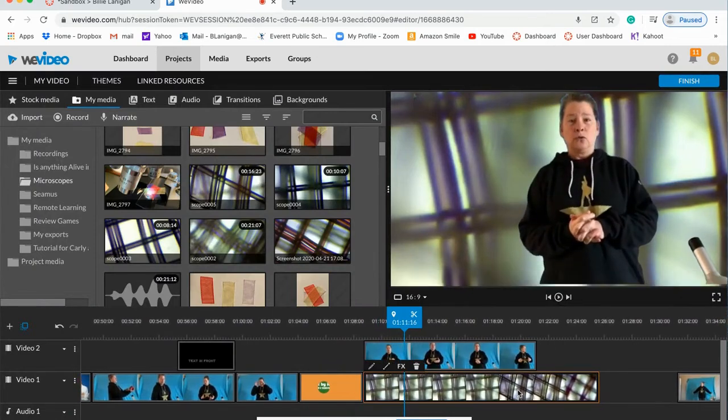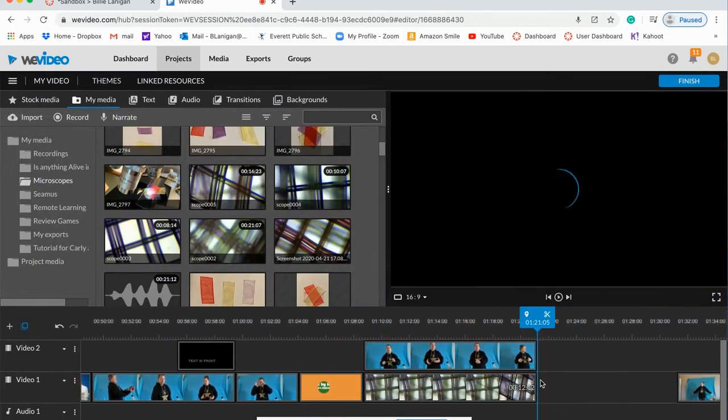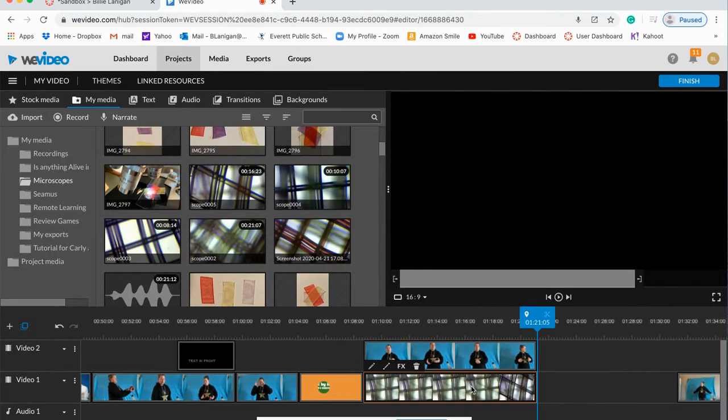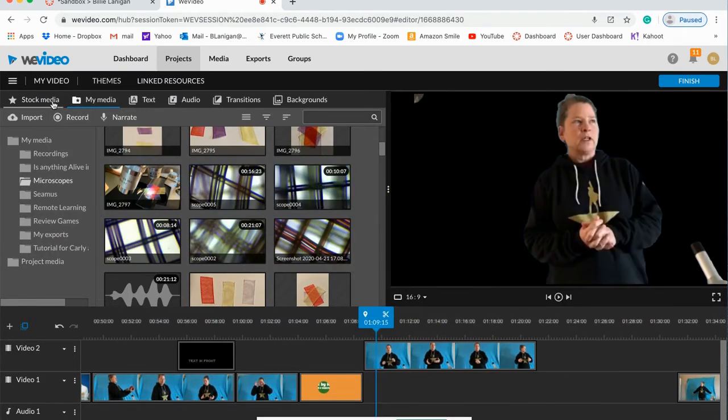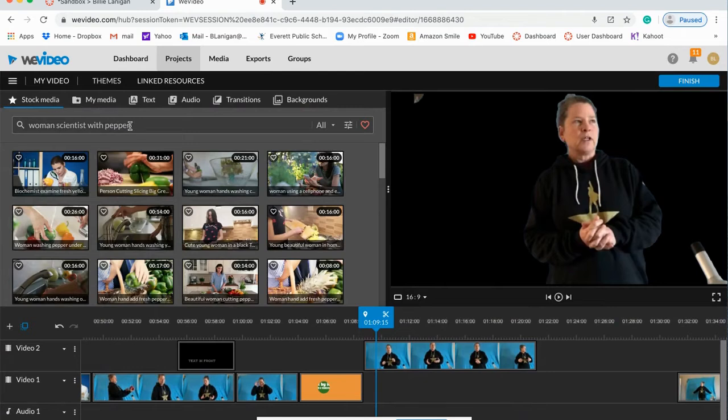Okay, so that's kind of fun. You can trim this so it fits in with just that part. I'm going to get rid of this though and show you the really fun stuff. So if you go over here to stock media, this is where you can do really cool things. So let's say I have a,